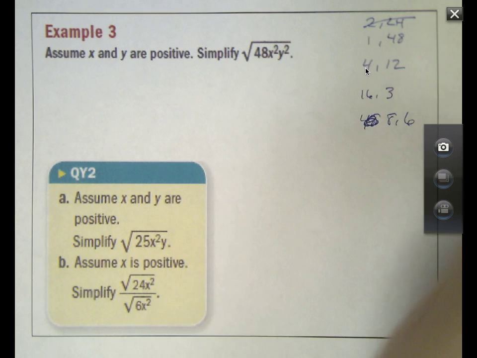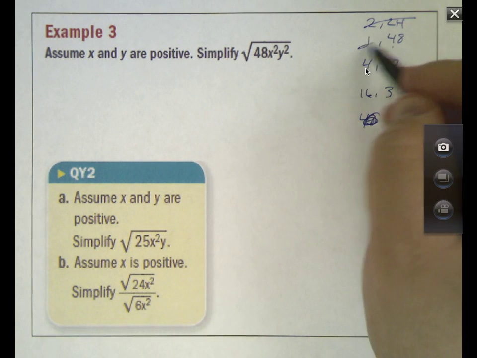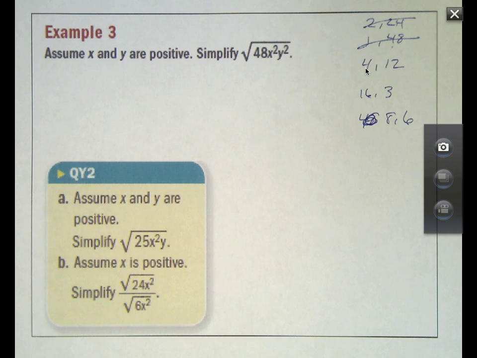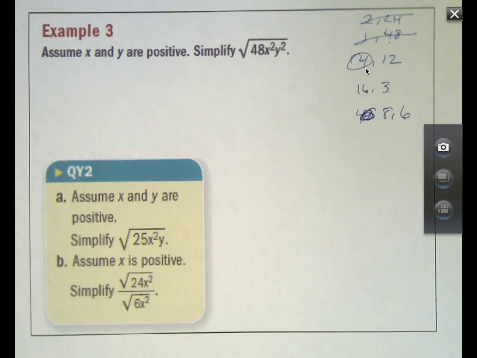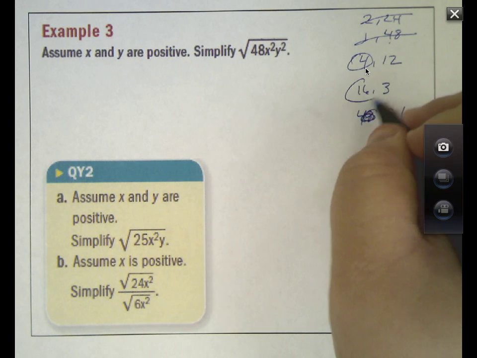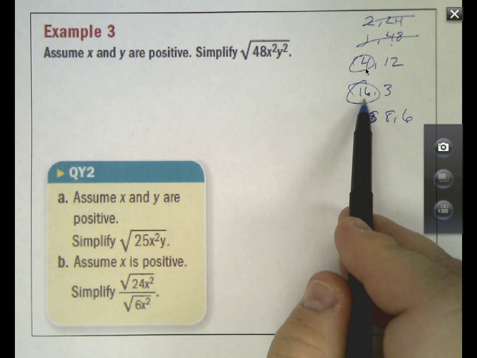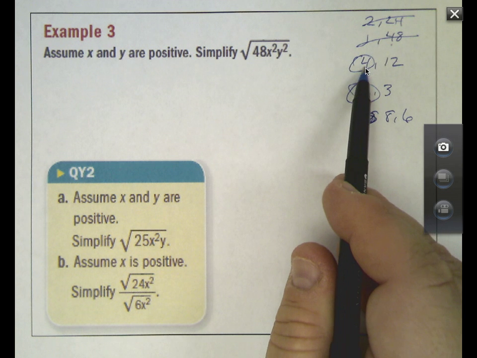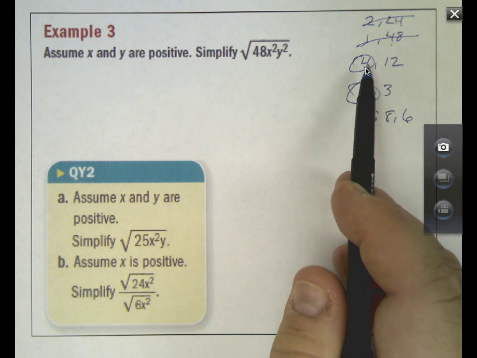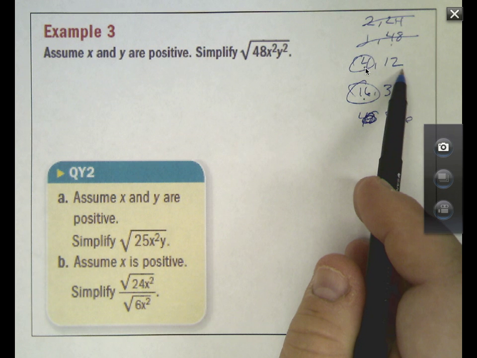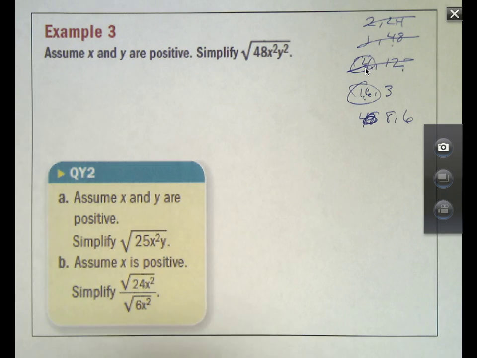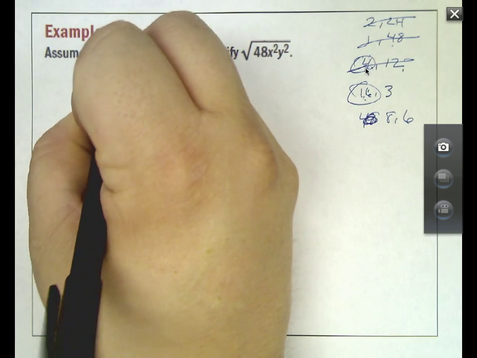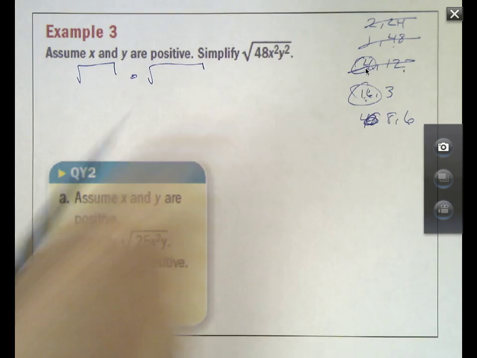8 and 6. So now I need to go through it here, and I need to see which ones have a square root. Can I find the square root of 24? Not evenly. Those are done. Square root of 48? No. If I could, I wouldn't be in this predicament. 4 and 12. Okay, 4 is a good one. 16 and 3. I'm going to use 16 because that has a bigger square root than 4 does. If I left it as 4 and 12, I'd have to go another step further, and I don't want to do that. It just creates more work. So I want the bigger number, so I'm going to use